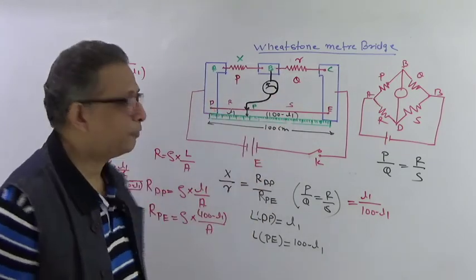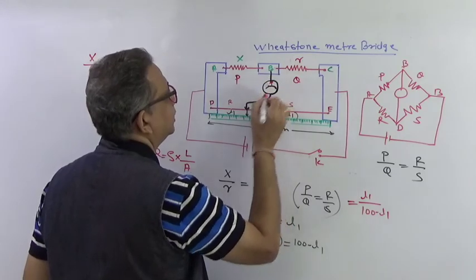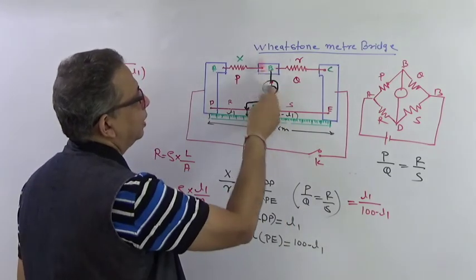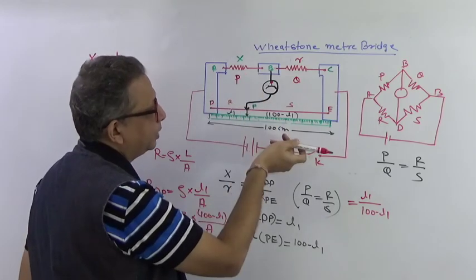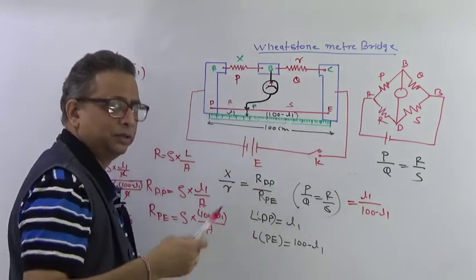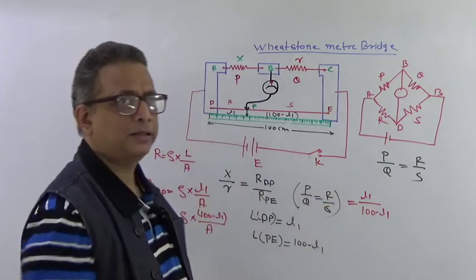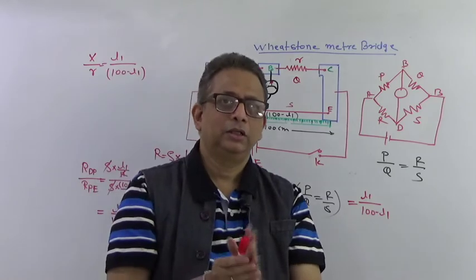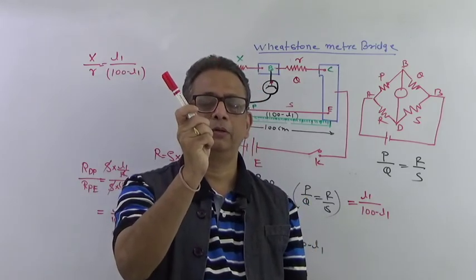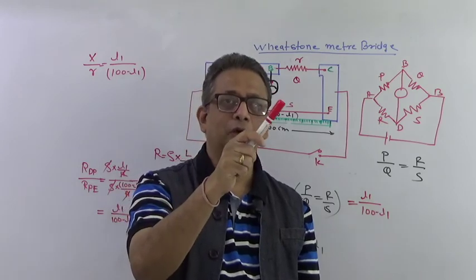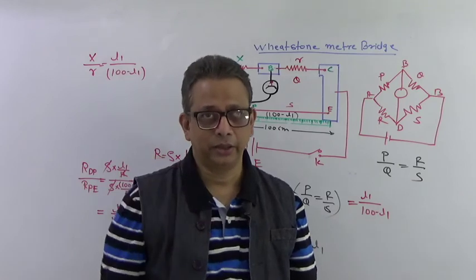By the way, I forgot to tell you that a galvanometer is always in the center when it is 0. This side gives a negative direction, and when it goes from here, it gives a positive direction. There are different types of galvanometer. In some galvanometers the extreme left is 0, in some the center is 0. So if the direction of current changes, it will deflect either before 0 or after 0. After 0 means a positive direction; before 0 means a negative direction.